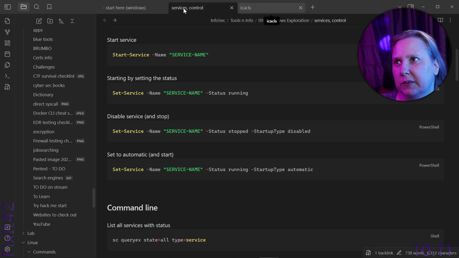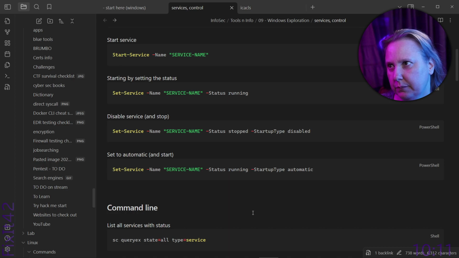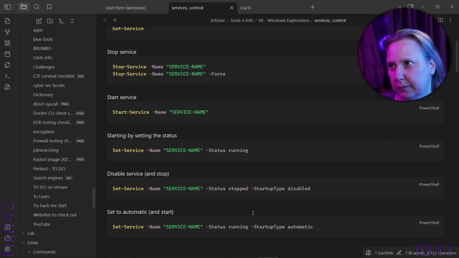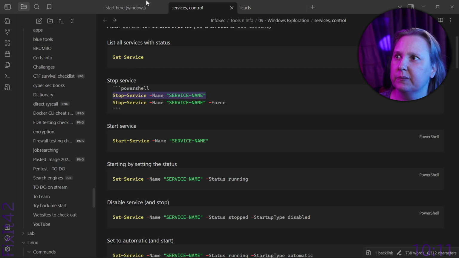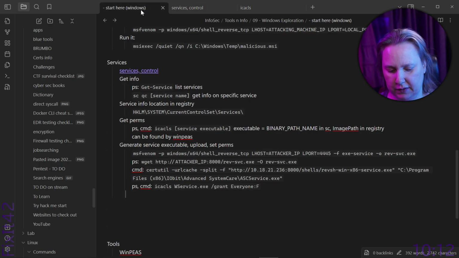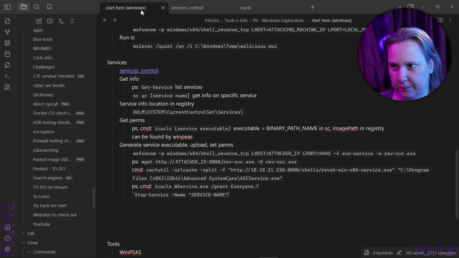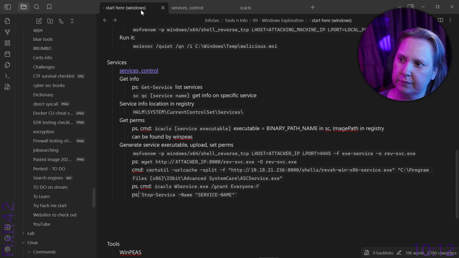I'm moving this one here because we're clicking back and forth there. So Stop-Service and Start-Service. That is the commands here. So this is the PS command for Stop-Service, and